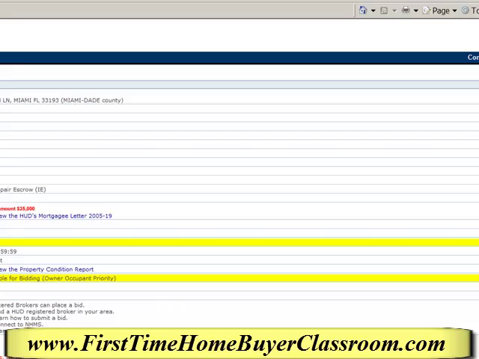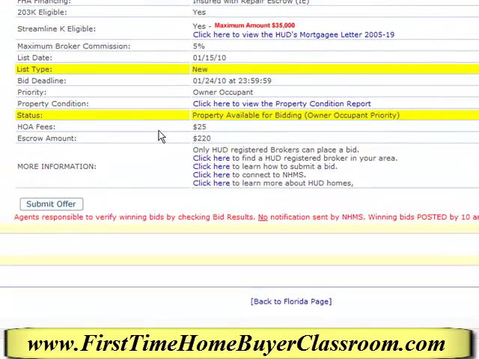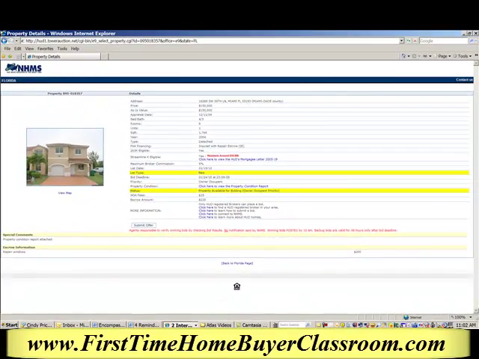Now you'll notice here the HOA fees. It tells you how much they are, probably on a monthly basis. So this gives you an idea of what you can buy this property for. So basically a 4-bedroom, 3-bath home for $150,000 in Miami is not too bad. Now let's click our back button and let's go back